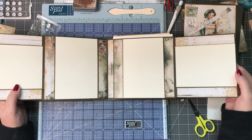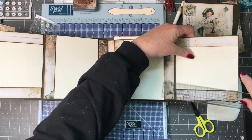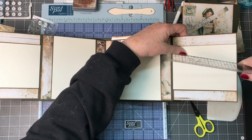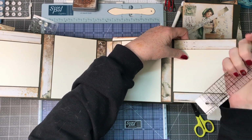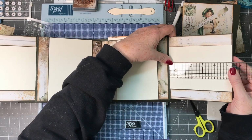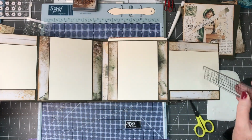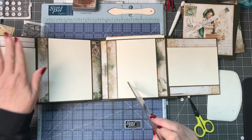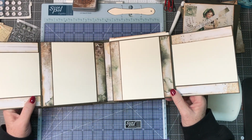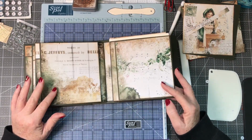These aren't 4x6. They're a little bit shy of a 4x6. They are probably 4x5 3/8, I think. This ruler, 4x5 3/8. So 4x5 3/8. This is a 4x6. So you can get those down into your booklets, and I will come back, like I said, and put some ephemera in here so that it looks a little bit more